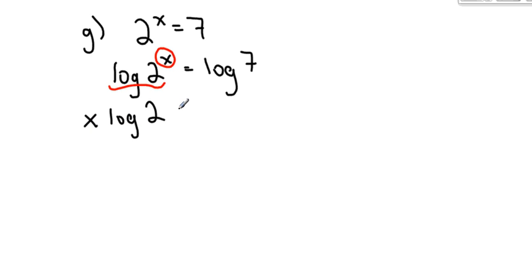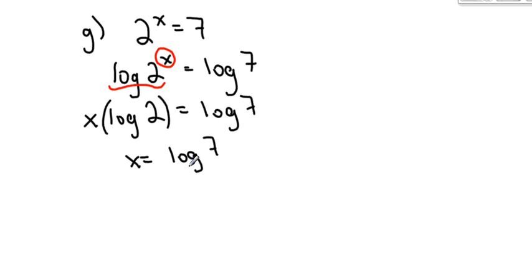So this is actually x times log 2 equals log 7. And again, since I'm solving for x, my goal is to isolate x. So log 2 is just a number. I don't know what the number is at the moment. But since I'm multiplying by log 2, if I want to isolate x, I will divide by log 2. And at this point, I can just take out my calculator and type in log 7 divided by log 2, and it will give me 2.8, let's get a little more here,